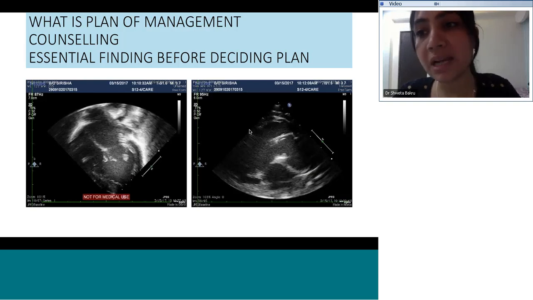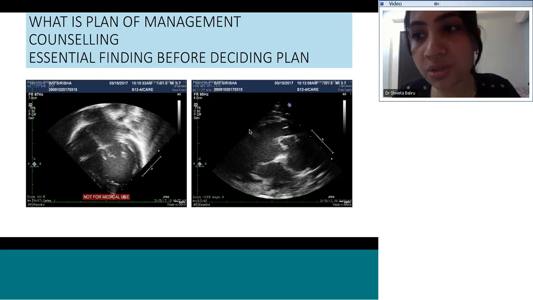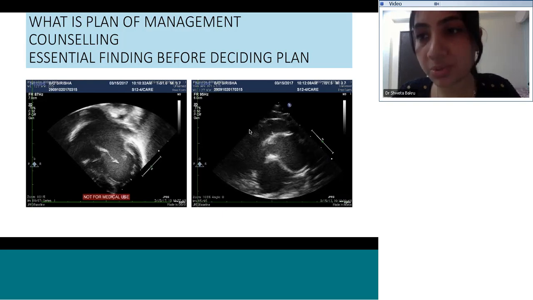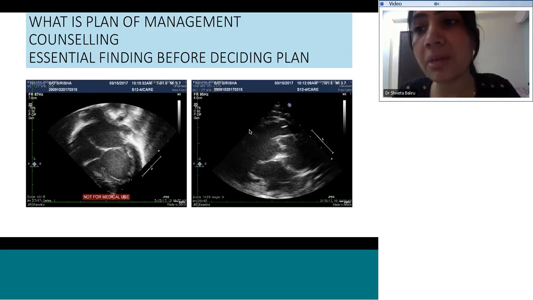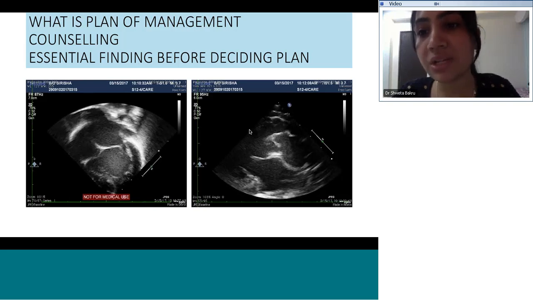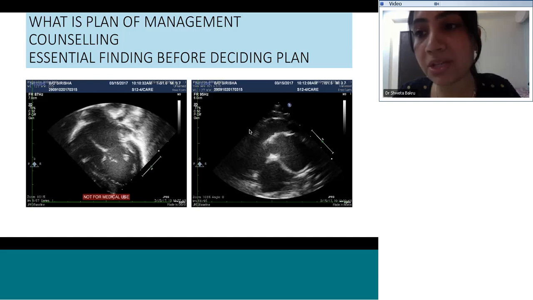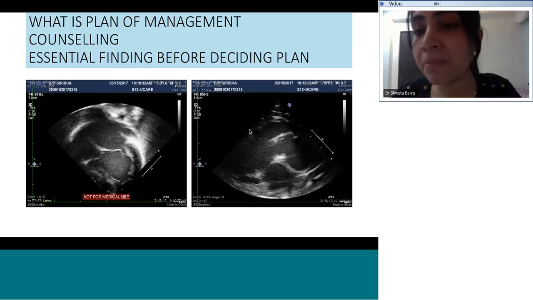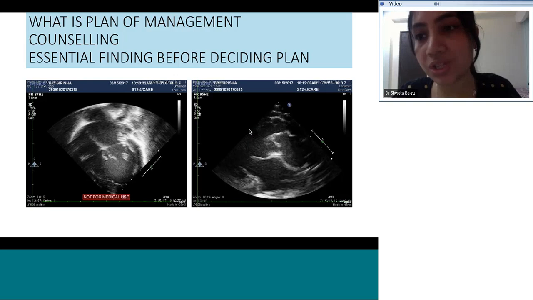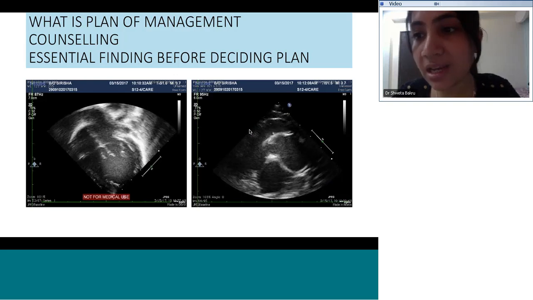If we do this banding at 6 months of age, maybe we reduce the incidence of respiratory tract infection, but not necessarily will this patient become suitable for the single ventricle path. That is the PA pressure. The ideal PA pressure we want is less than 15 millimeters of mercury. We don't know whether we will be able to achieve it or not, so that area is debatable.